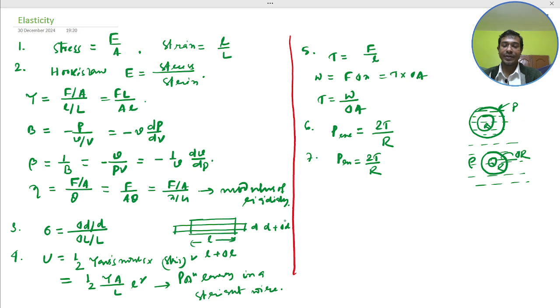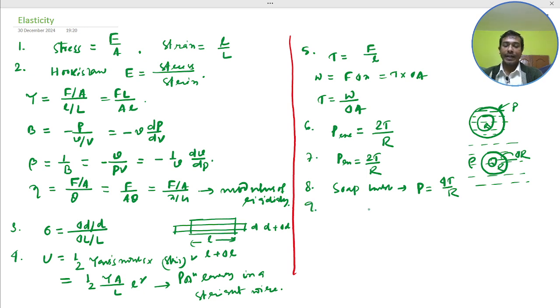And next one, excess of pressure inside a soap bubble. For a soap bubble, that would become P is equal to 4T divided by R. Next one, very important,